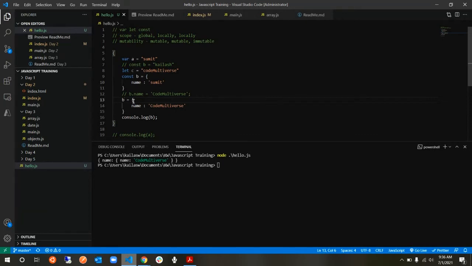So that's why b cannot be changed, while the properties inside it can be accessed and can be changed, can be mutable. Let me write it in the bracket: Partially, properties inside the constant can be accessed and mutated.